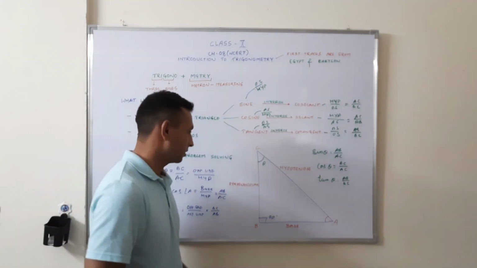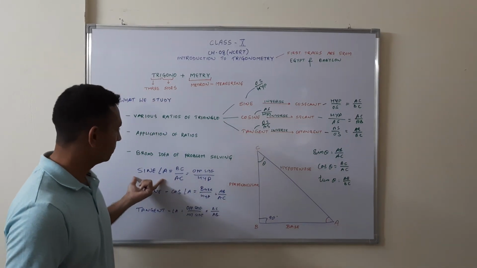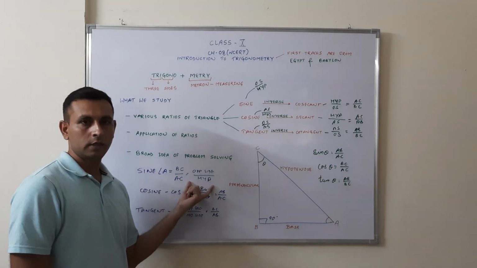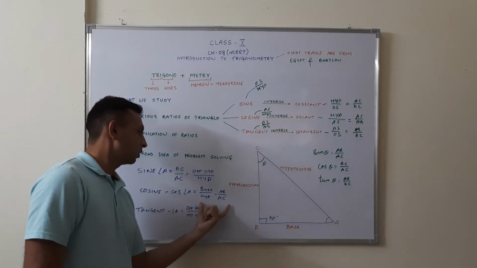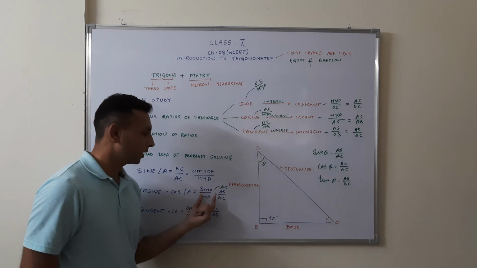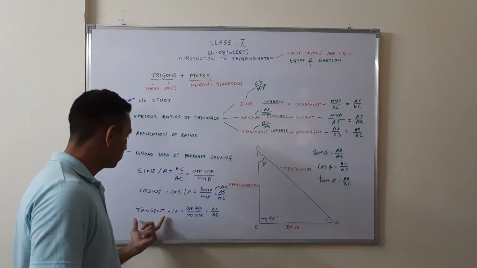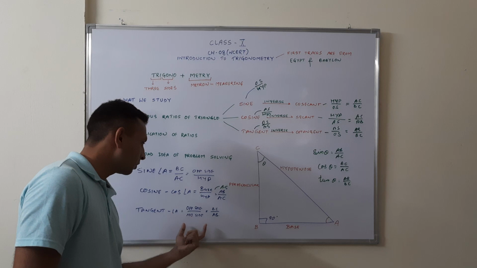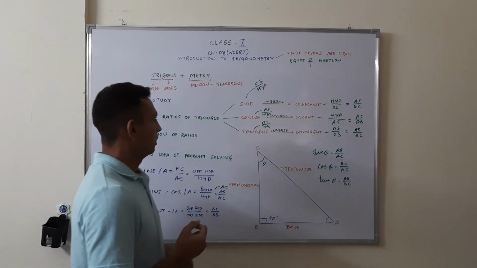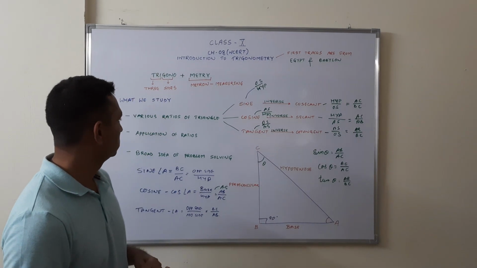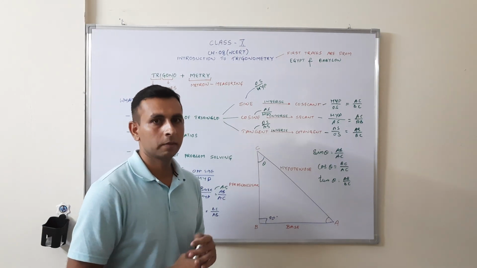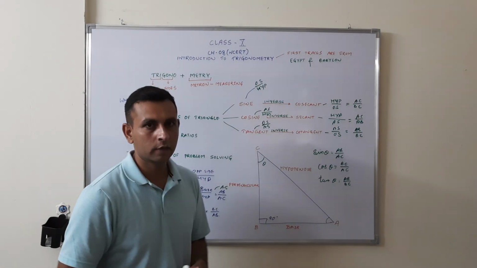देखो इसमें थोड़ा सा याद रखना पड़ेगा. You just have to remember these things. Sine, what is a sine? It is opposite side upon hypotenuse. Cosine, base, or you can say adjacent side upon hypotenuse. Tangent is opposite side upon adjacent side. At a first instant it might be difficult for you to remember, but अभी मैं आपको एक short trick बताता हूँ.